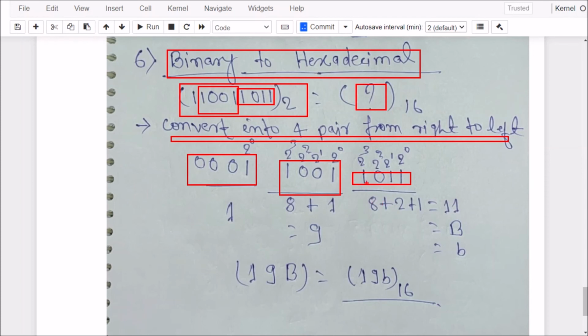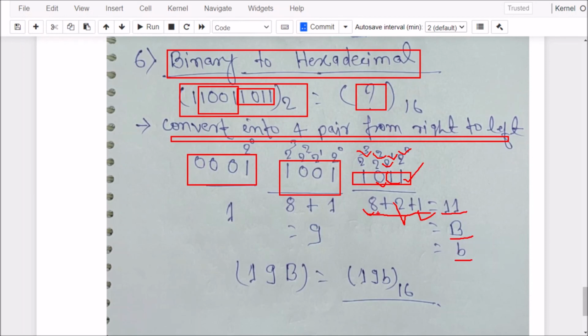Okay, so above the numbers we have written to the power 3, to the power 2, to the power 1, to the power 0, because these four places are used. So to the power 3 means 8 is taken, because of the 1. To the power 2 means 4 is not taken because of 0, so we didn't add that value. And to the power 1 is taken because of this 1, so we add that value, and here also adding this 1 value. So 8 plus 2 plus 1 is 11,